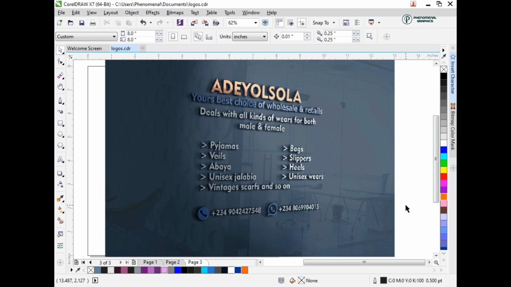Okay, so let's get started. Today we'll be talking about how to make this 3D design. This channel is currently based on CorelDRAW only, but for this we'll be using Photoshop to create the 3D design. So for the text, we'll be using CorelDRAW to design the text while using Photoshop just to make the 3D